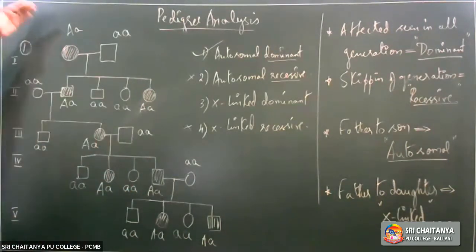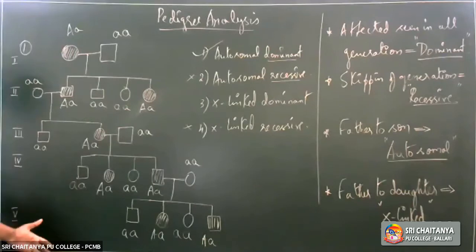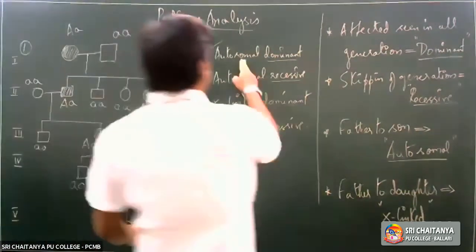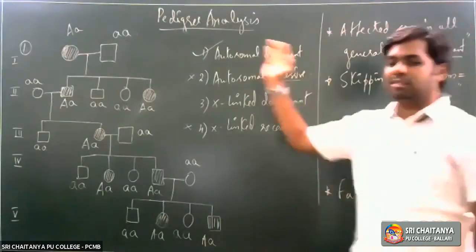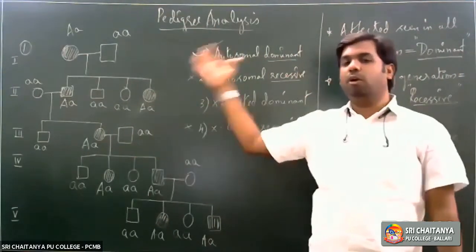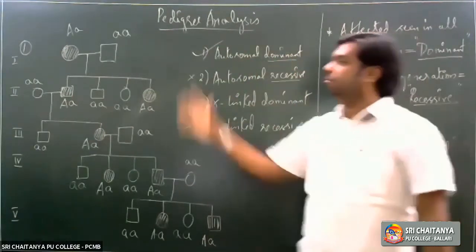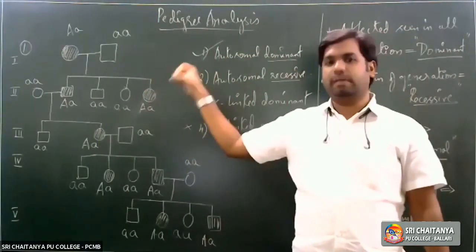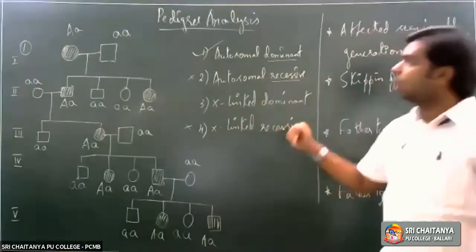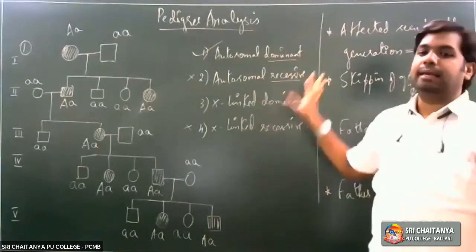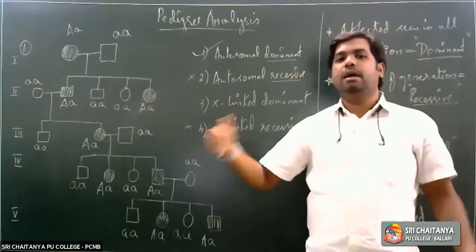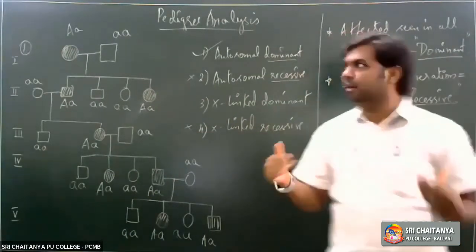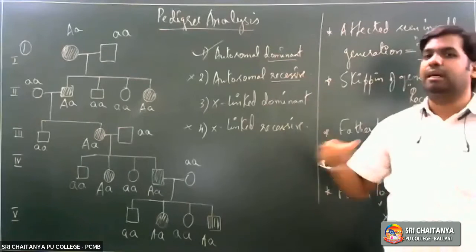So this way, if we are able to plot the genotypes, we will be able to confirm whether it is autosomal dominant or X-linked dominant. If we start plotting the same thing with X-linked dominant, we will not be able to arrive at this particular genotype clearly. So this is how we start interpreting this particular pedigree chart, and this is how we start re-verifying whether the option we have chosen is correct or not.